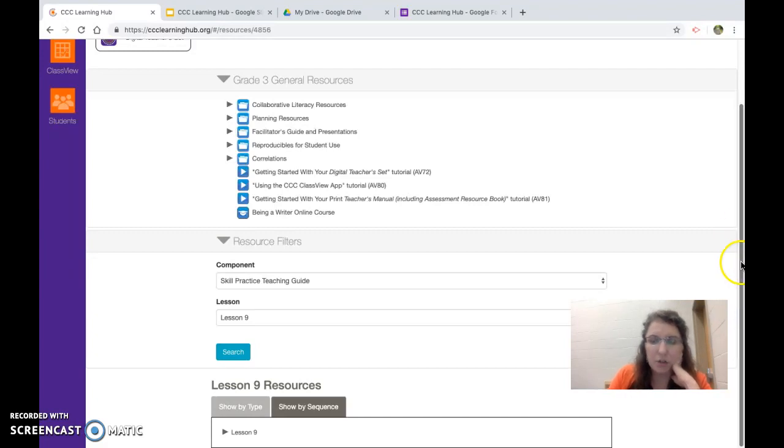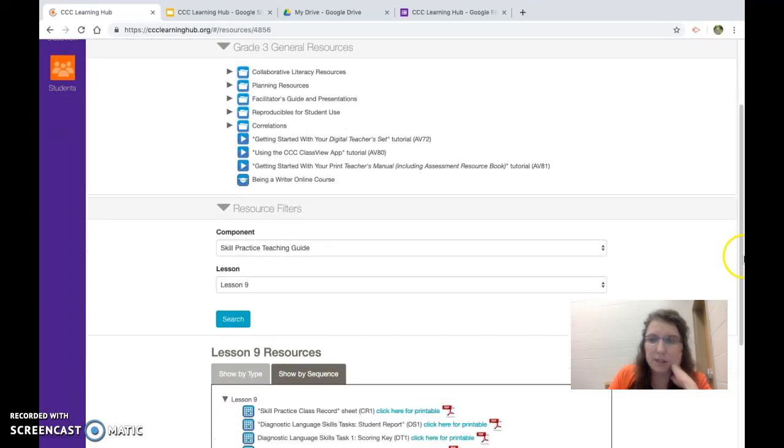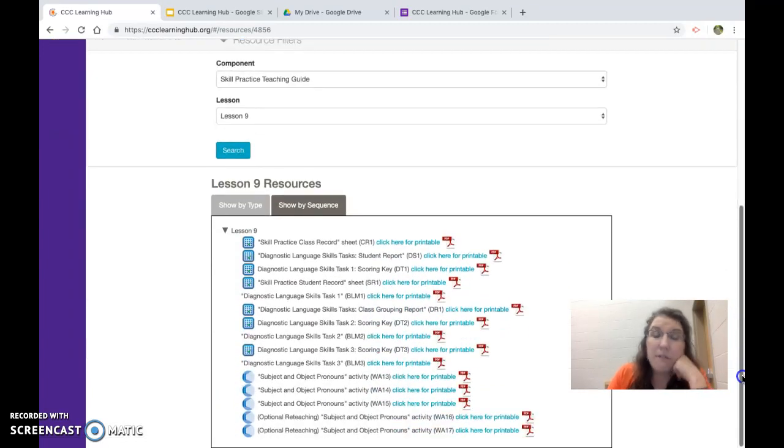And when I hit search, lesson 9 comes up. We see it down here. I'm going to look at show by sequence. And in every lesson, there is this first chunk of diagnostic skills. And so that's great because that's something we can give at the beginning of the year and at the middle